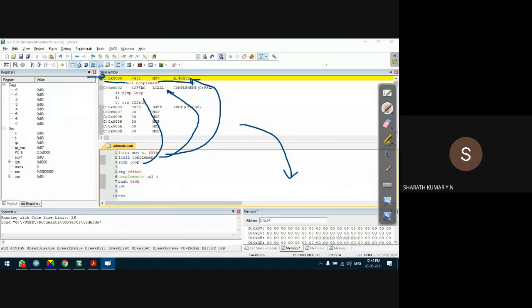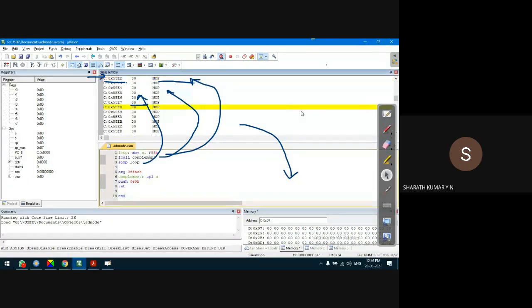SJMP is also stored, but the target address is 0FFACH. So this is not stored anywhere here. If you can see, it is not stored here. It is stored in a far off place. To show that, I need to drag this down to that address.